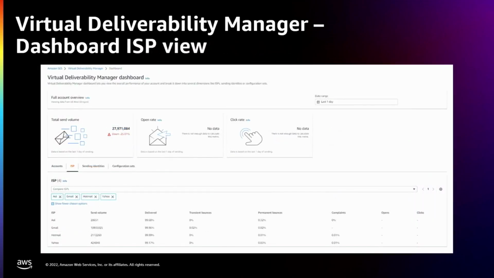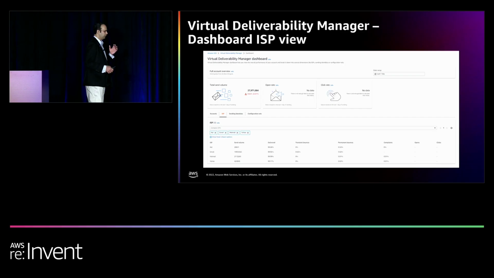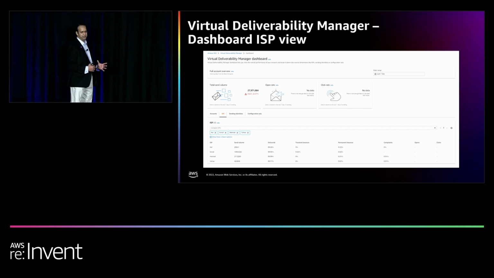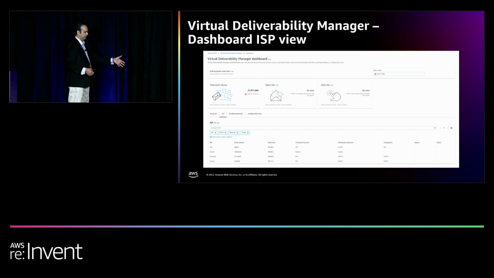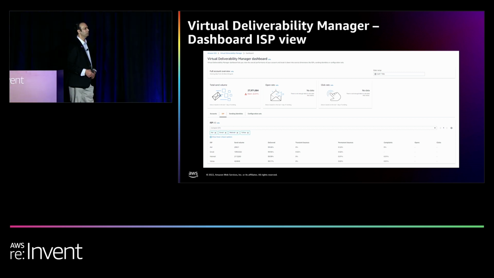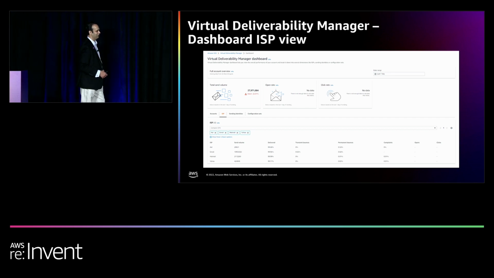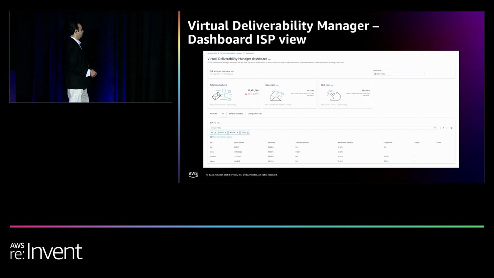In terms of ISPs, this is another aspect that a lot of folks tend to forget about from the perspective of communication complexity. With regards to SES, from an ISP and deliverability perspective, it's a two-party problem. It's not just a problem of how to get the note to the SMTP endpoint that a customer might have, to get that into a particular inbox. ISPs also play a very important role in ensuring what notes get to what customers.